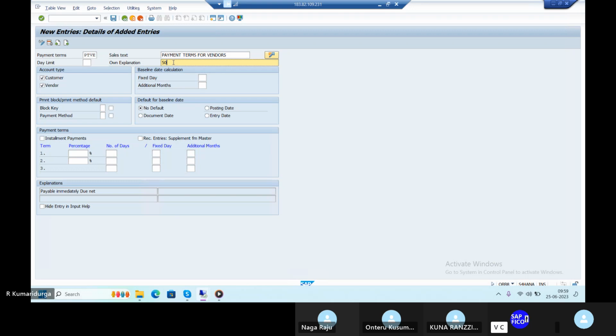Okay, so the source of installment payment terms is PTVE. Okay, so this is the source of installment payment terms, and the first installment is 50 percent. Okay, we do another scenario. First installment payment term is 75 percentage. Second installment payment term is 25 percentage. Try to write down the thing. First installment 75 percentage, comma. Second installment